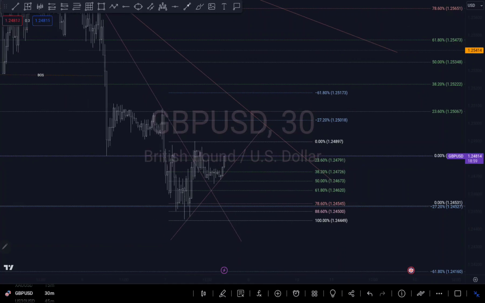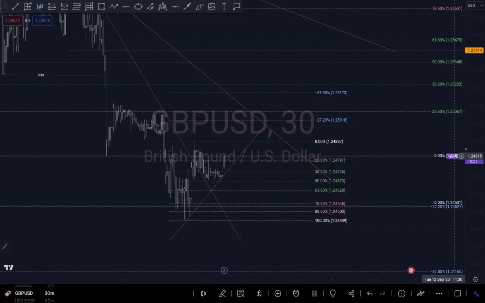Okay, so now we can see that we are currently around my 50% fib level. We might still push down a little bit to weak. I'm more comfortable and I prefer a deeper retracement. These are my deeper fib retracement levels, because coming there gives me a higher probability of going in the direction I want, working around that area. But like I said, you can always use any of these